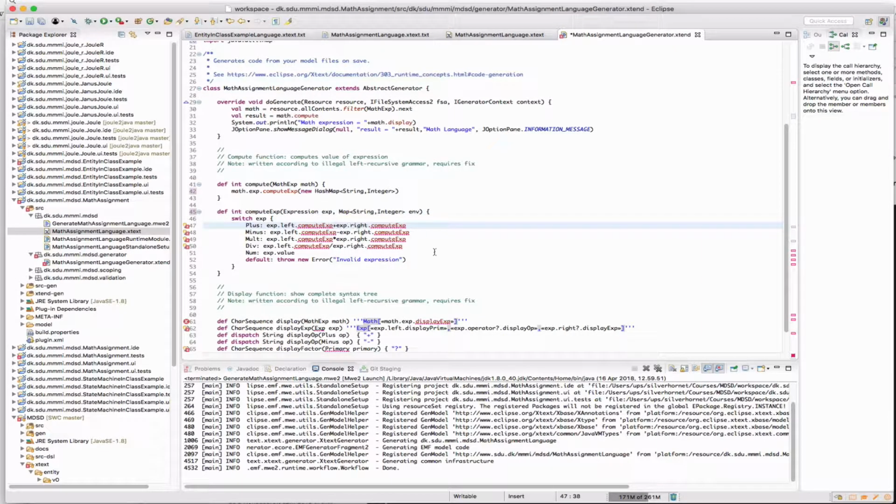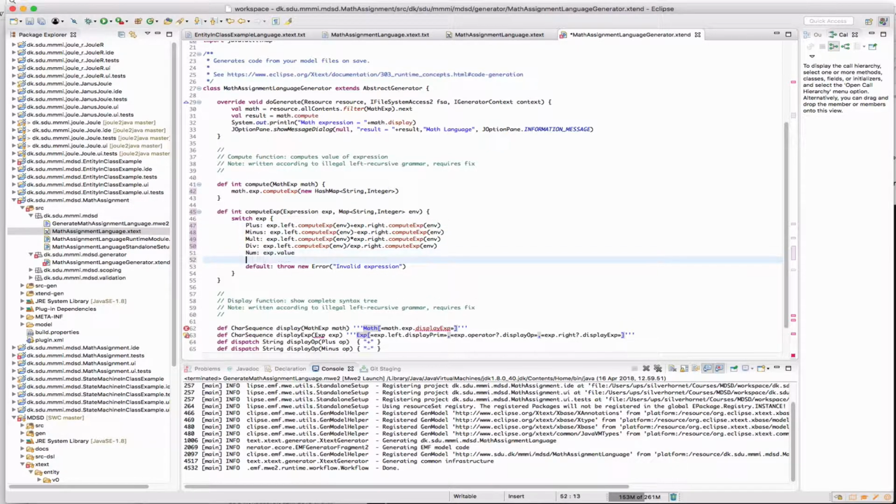Okay, and the environment is just passed as an argument to whenever we call the compute exp like this. If we have a variable, we expect that the variable name is already bound in our environment. So that's going to be